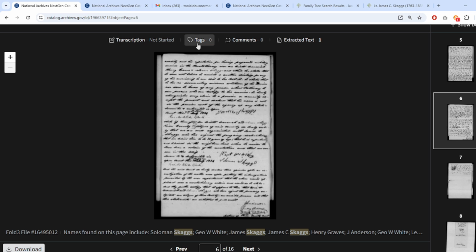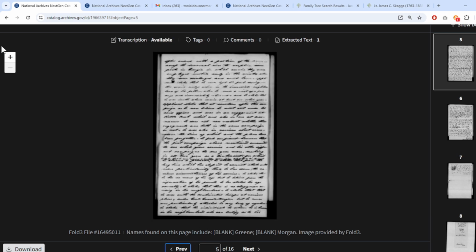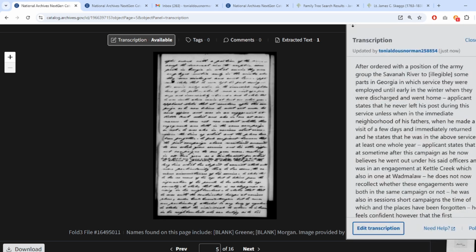I am going to cover that in another video. Tagging is usually not for these records that need to be transcribed. And maybe, well, I shouldn't say that. If there's certain things in here, in fact, now that I'm thinking about it, I could tag on this page. Let me do the transcription because I just finished transcribing this. So on here,